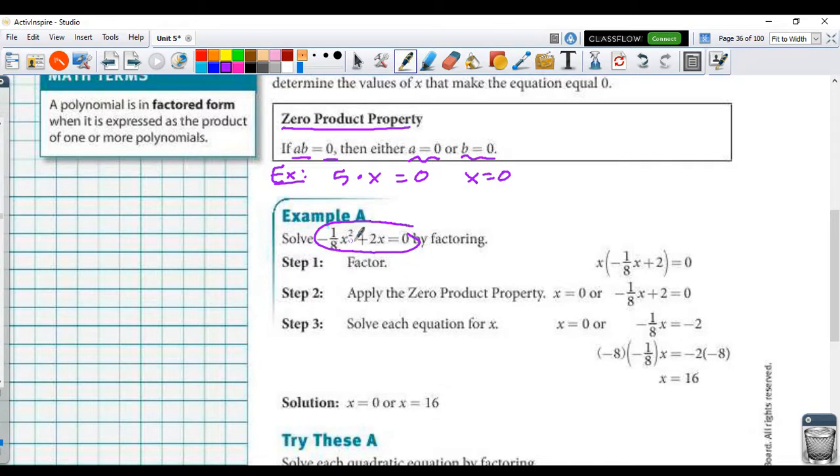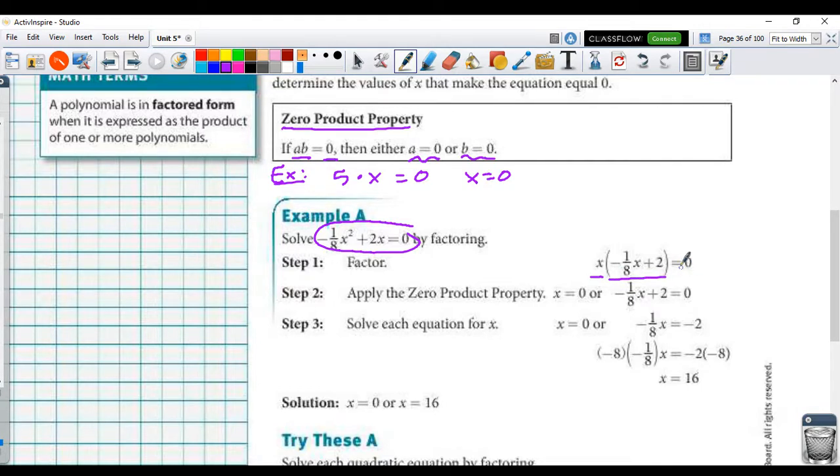We can factor the equation that they're giving us. So what they did over here is they factored out the GCF. The GCF of this equation is x. So they factored out an x. Now we have two factors multiplied together